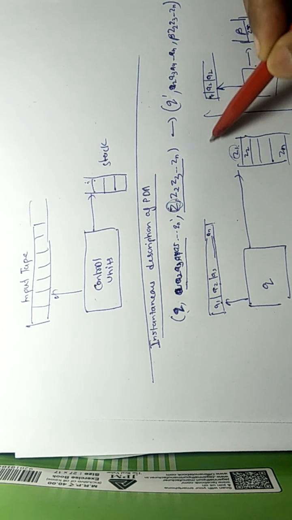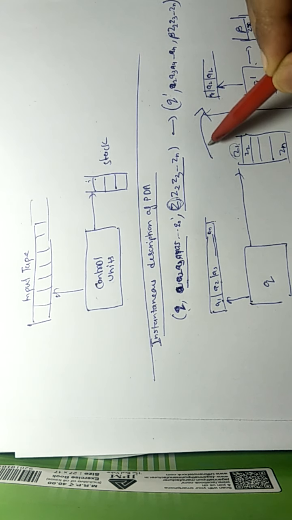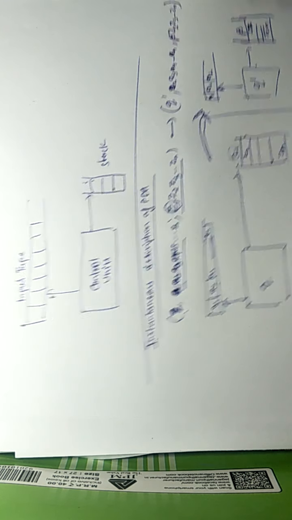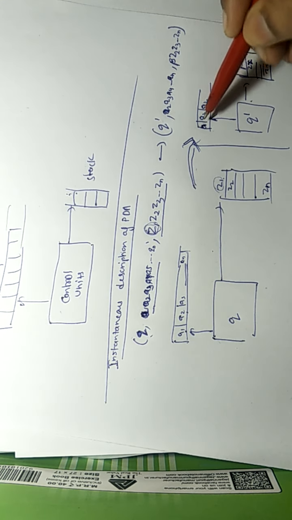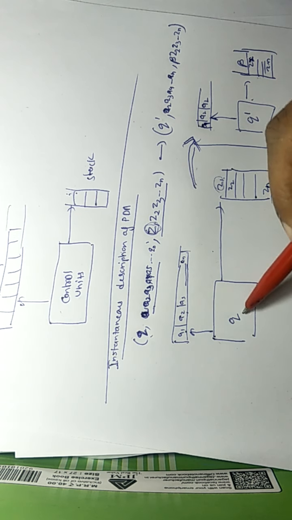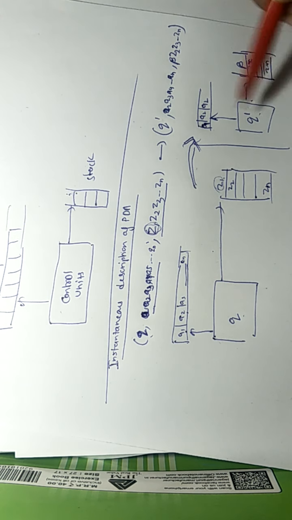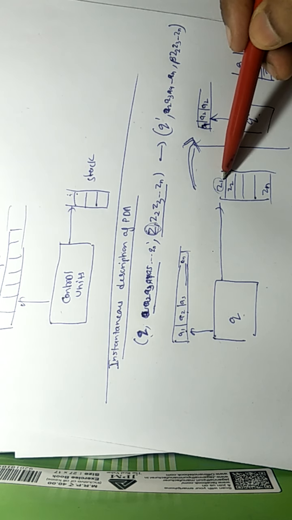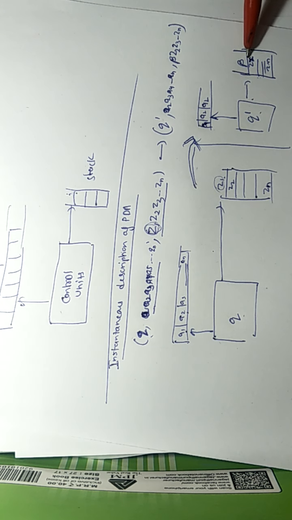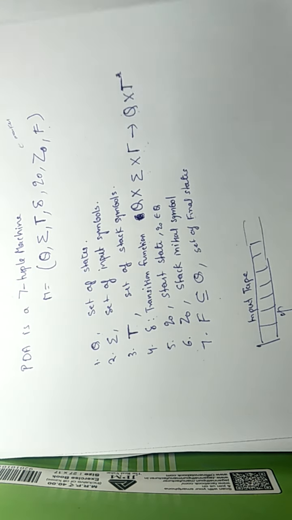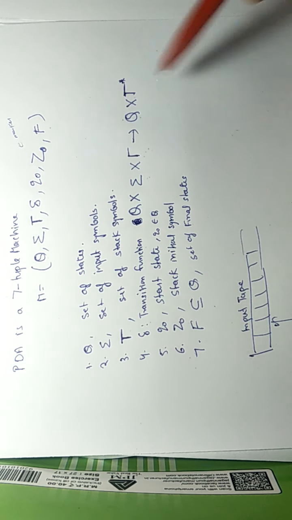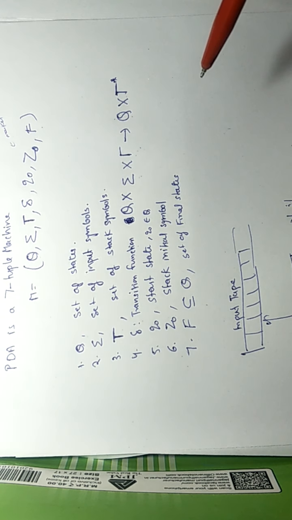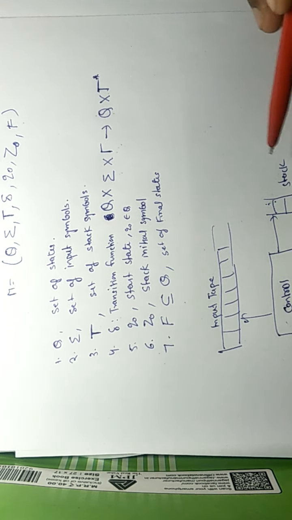From this condition, PDA is moving to this condition. So we read one input symbol a1 here. From state q we move to q dash, and the stack has Z1 at the top, it becomes beta. It is just like a 2 marks question. It is a theoretical question. What do you mean by PDA? And a diagram along with it.